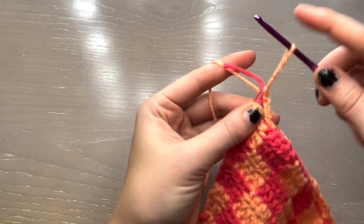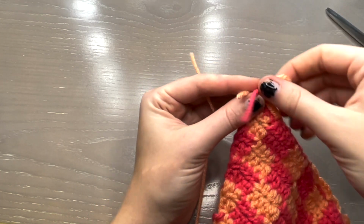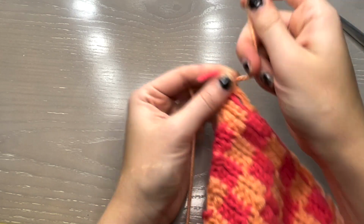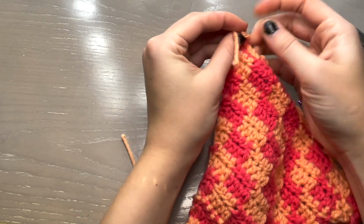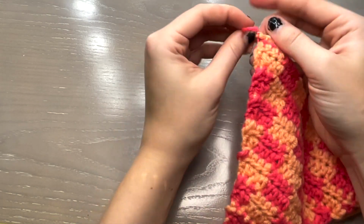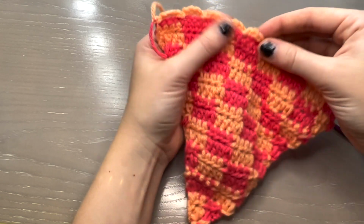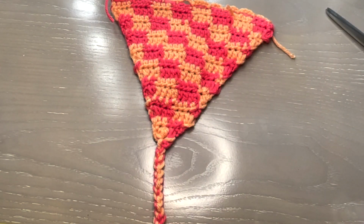Slip stitch, pull it up, snip, and insert it through. And just to make it secure, I'm gonna tie it to my starting stitch here. Okay, so now that we have this cute little hem on the bottom, we just need to make a strap